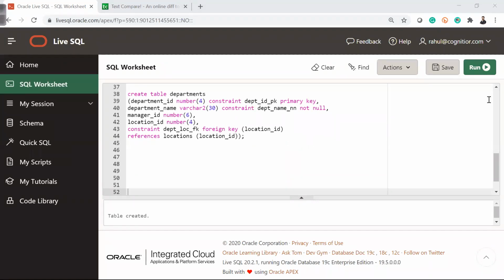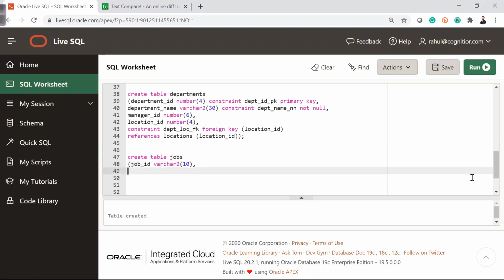So we'll have a job table and create table job, in bracket job ID varchar2(10).